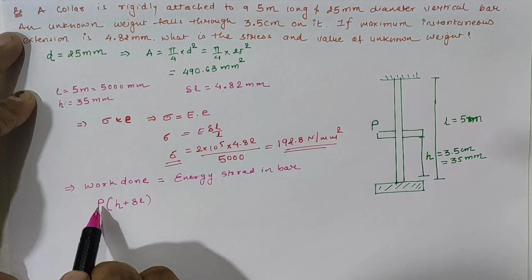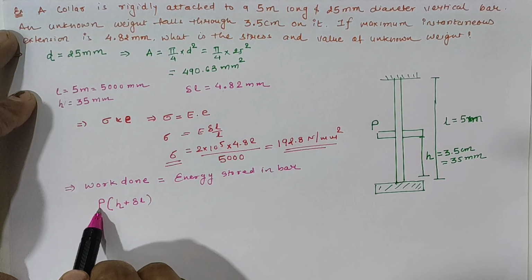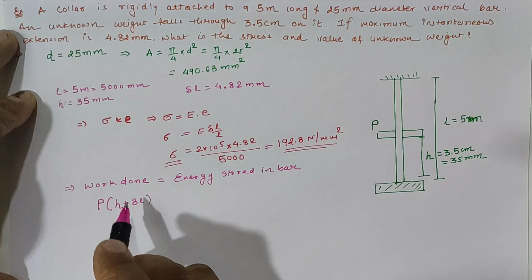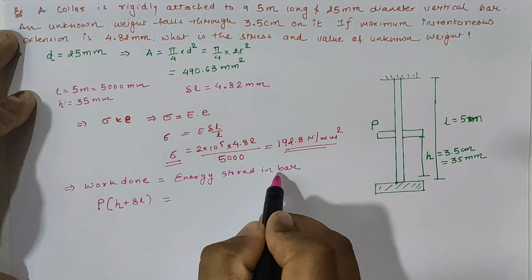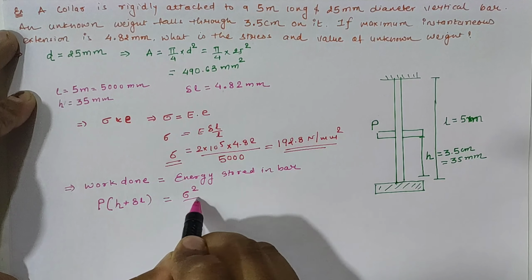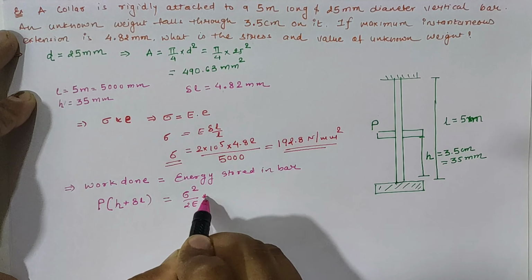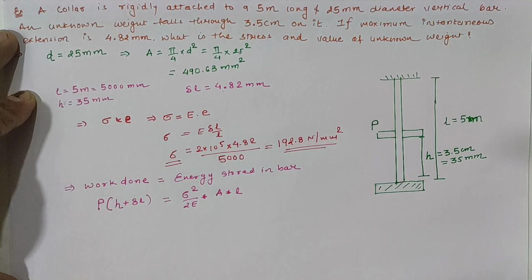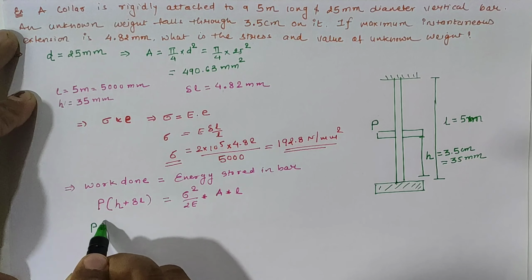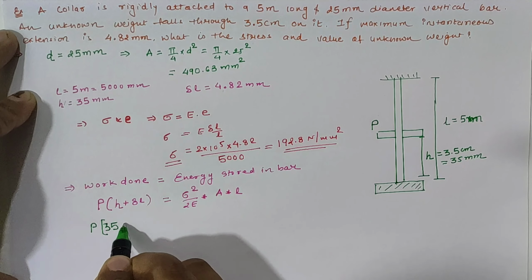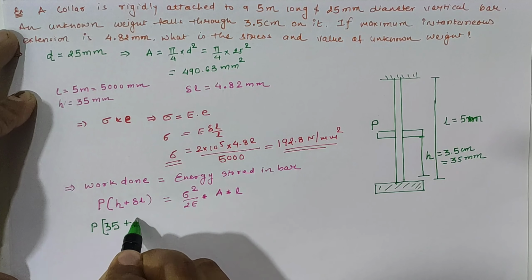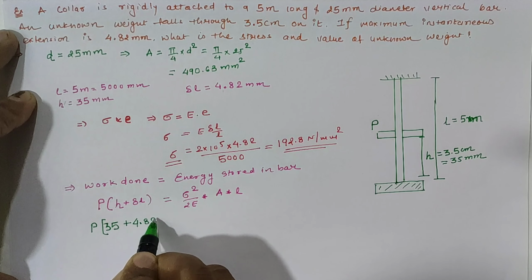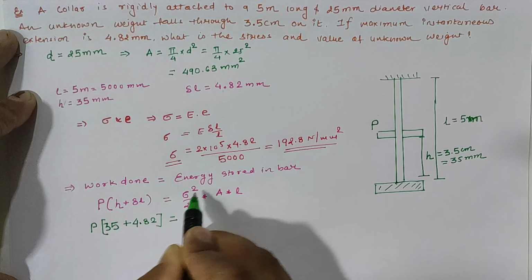Work done can be calculated by multiplication of force into height plus extension, and energy stored in the bar can be calculated by sigma square by 2E into volume, and volume can be written as area into length. So putting in all the values, we have P as the unknown value, height is given as 35 plus delta L value is given as 4.82,